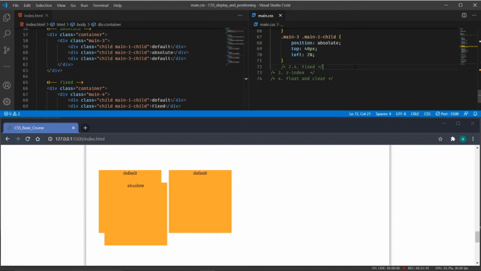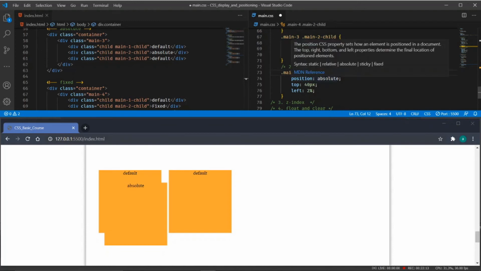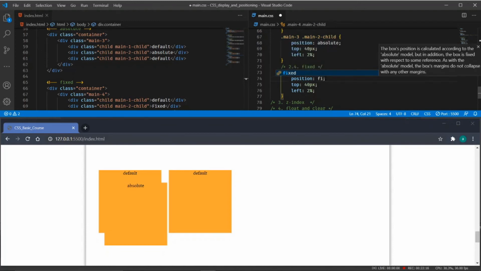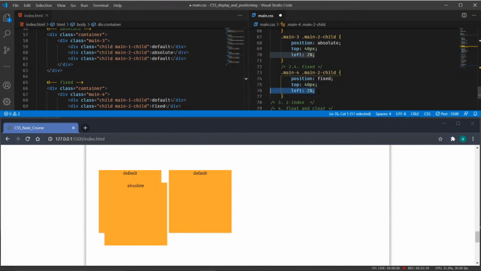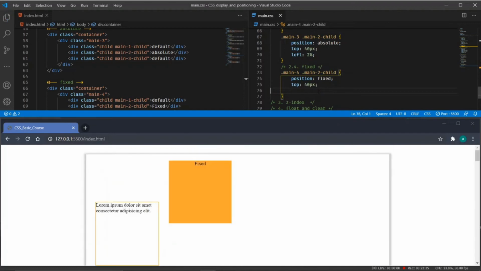For fixed positioning, what I will do is target the main4 container. I will pass the fixed value to the second child container of main4, with position fixed, and I want it to be 40 pixel from the top.